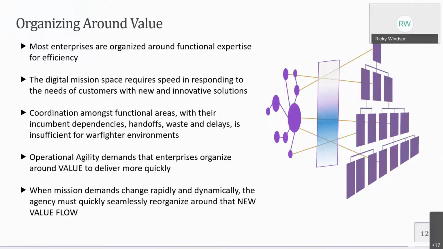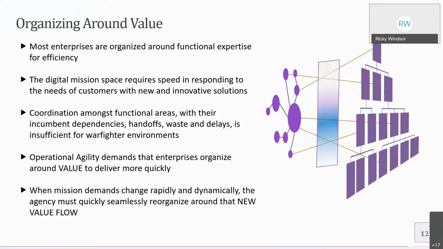So it's incredibly difficult to keep up. But if we maintain those same hierarchical views, it makes it even more so, which is why a lot of elements get dropped, right? So that goes into the coordination amongst functional areas with incumbent dependencies, handoffs, waste, delays. It's inefficient for warfighter environments